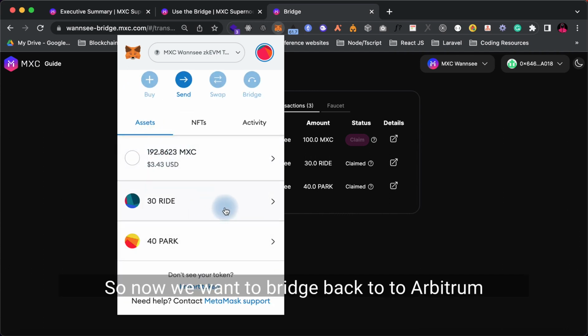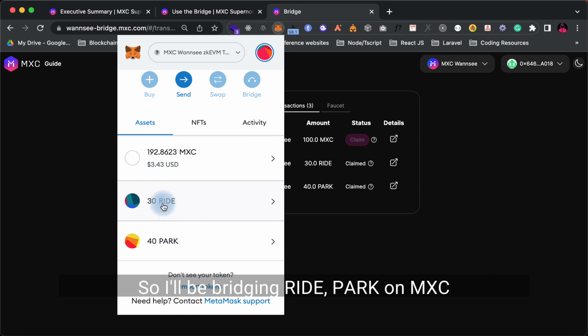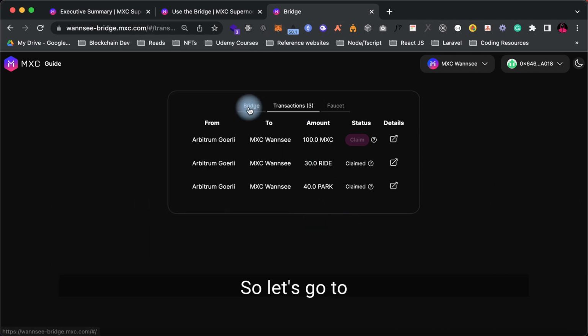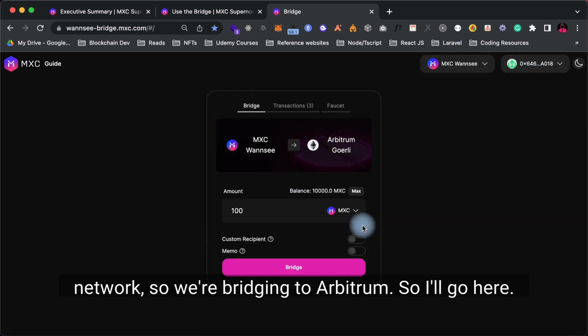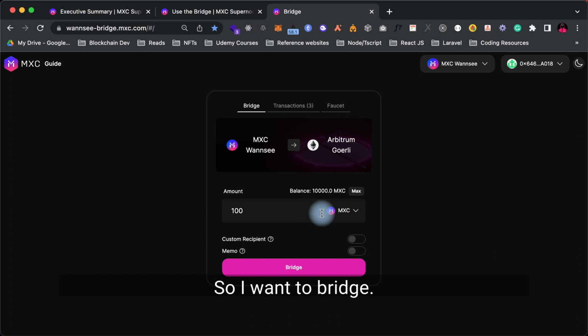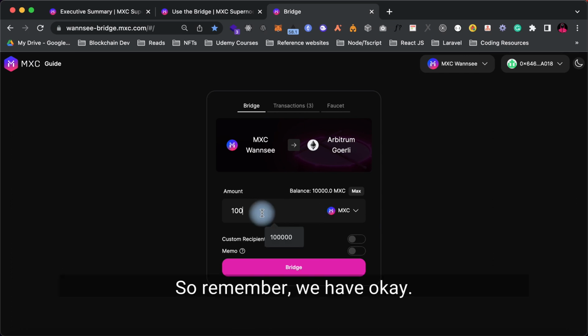So now we want to bridge back to Arbitrum. I'll be bridging MXC back to Arbitrum. We are still on Wannsee network, so we are bridging to Arbitrum. So I'll go here. I want to bridge. So remember we have,